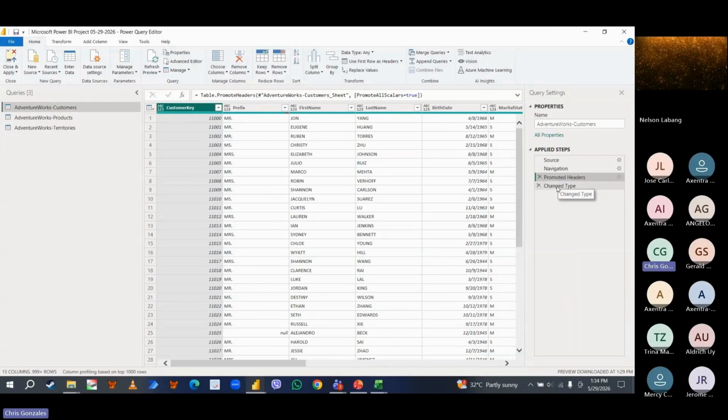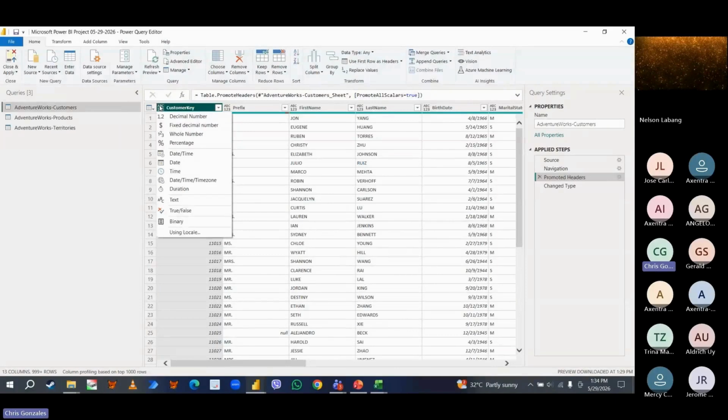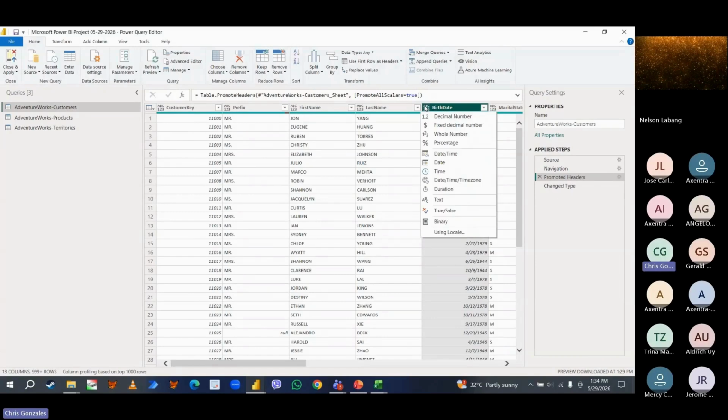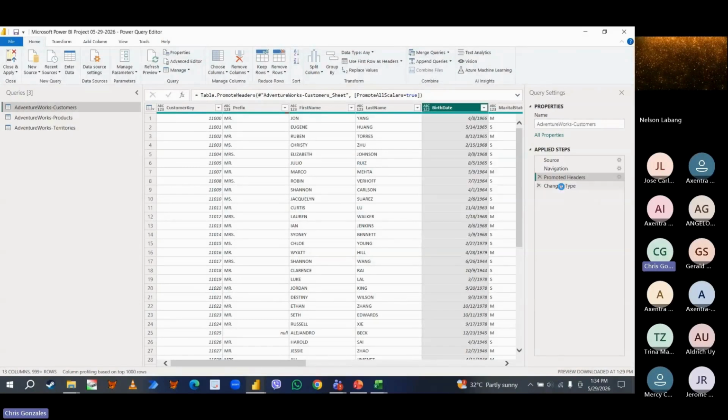And lastly, by default, all columns are designated ABC 123, which means text. But if you look at this, this is not a text column. This is a birth date, it should be in date format, right? You don't need to manually change it. Look at the last applied step. Power BI assumes the data type for each column. It is always based on the first 200 rows. If Power BI sees that most of the content of a column is dates, it will display a date column format.